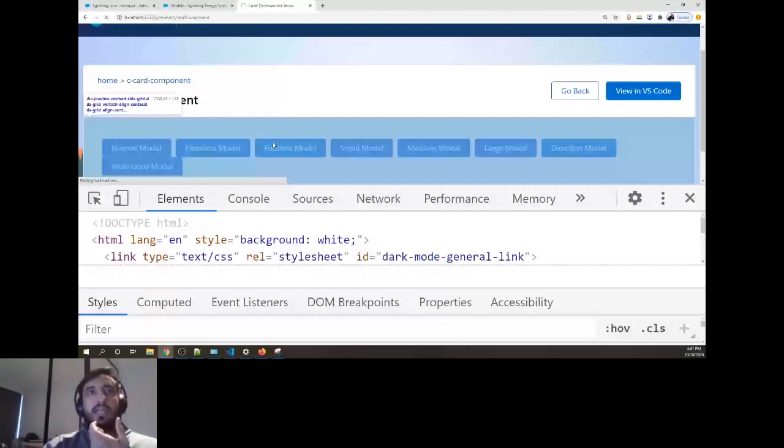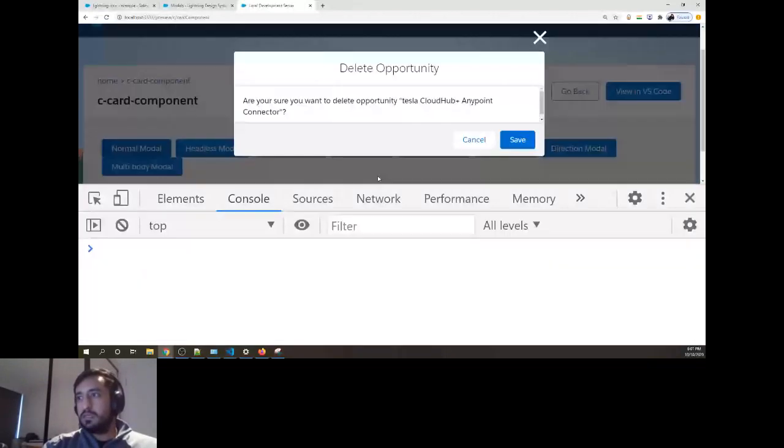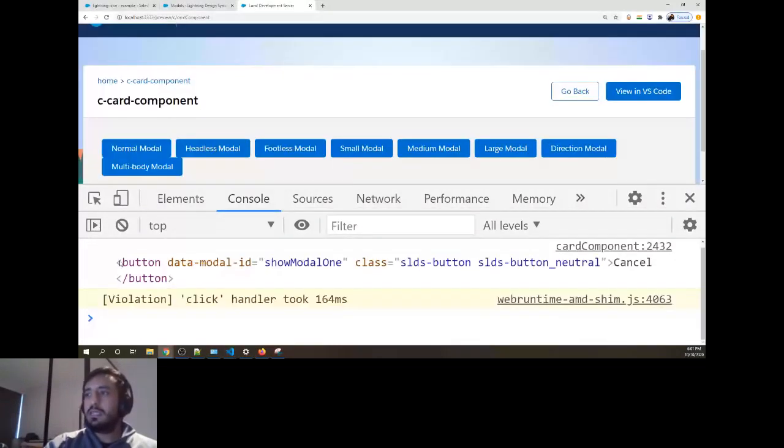event.target.name is nothing, name is the attribute. I'm giving it to the button and I'm using it so that I don't need to write more code. I'll explain that as well. Let's see, it immediately prints the button where I hit the target. The target has the class, has the modal ID and all, right? So likewise, I can use any property, and why am I using the name property here.